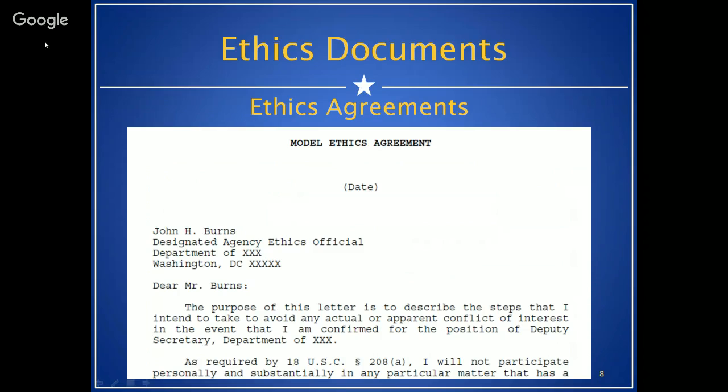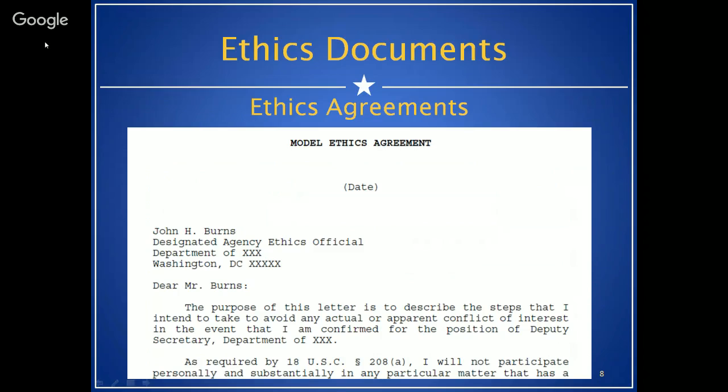Now, the ethics agreement might outline the steps to mitigate the concern. Basically, it will say you're going to resign from that outside position as the CEO. You're going to sell the stock of that company, and you're not going to work on party matters that affect that company for 1 year under the standards of conduct, and for 2 years under the ethics pledge. So those are the outline of the steps that are going to mitigate the concern, and it's going to state the laws that could be violated. Again, 18 U.S.C. 208, the impartiality standards and the standards of conduct, and the ethics pledge, and they sign the